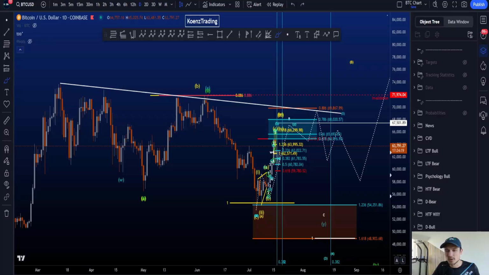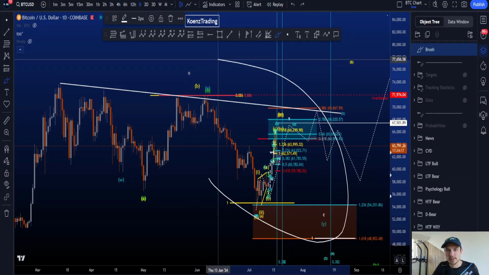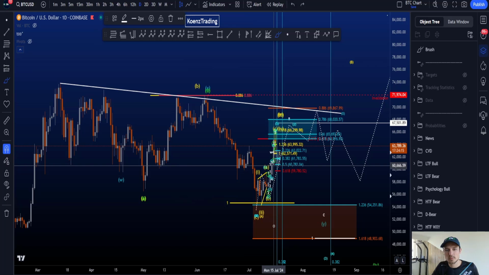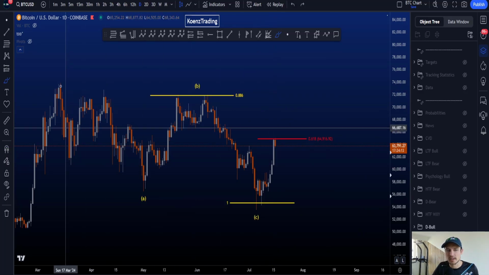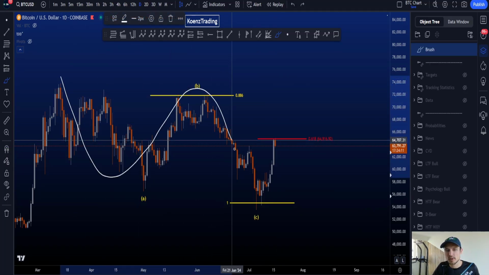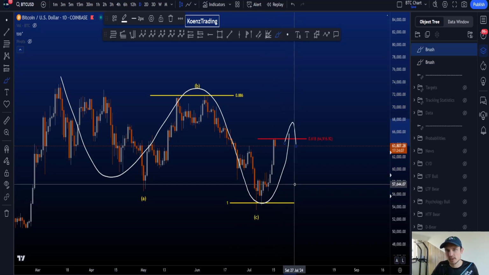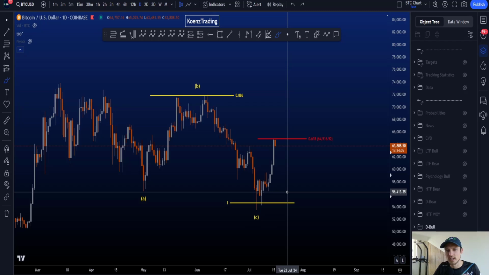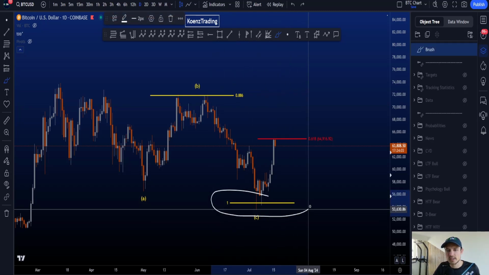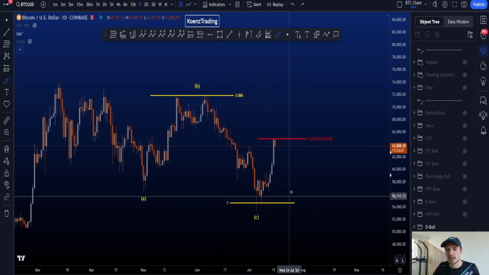Hi everyone, let's go over my bullish and bearish Elliott wave scenarios on Bitcoin, starting with the bullish scenario on the daily time frame, where we have a finished three-wave corrective structure in a zigzag ABC and look for impulsive continuation to the upside. The common target for a wave C is hit, the 1-to-1 here, and price has now